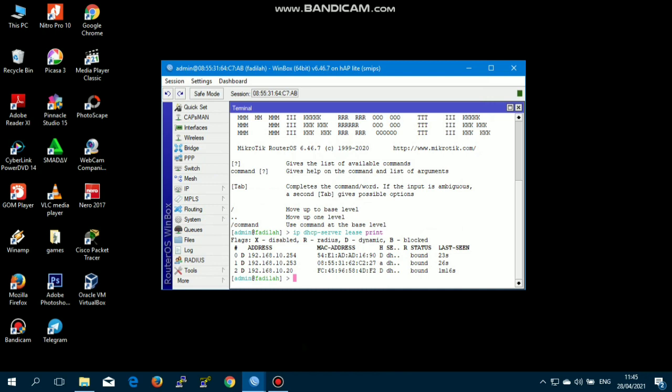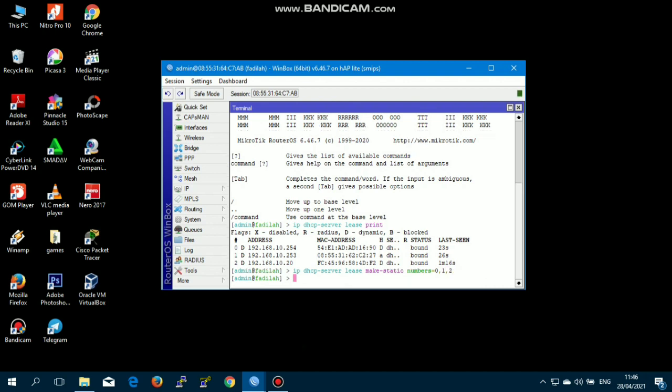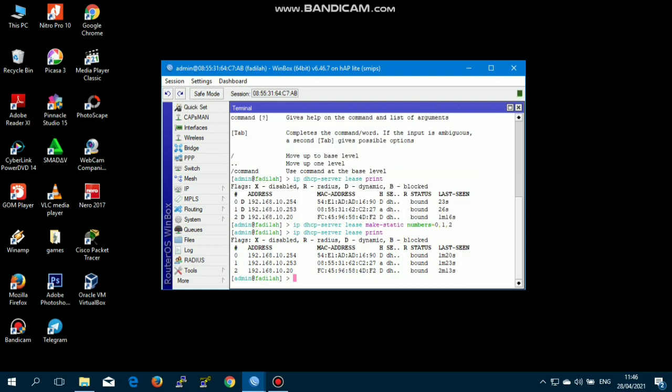Then we change this dynamic status to static by removing the D sign using the command IP DHCP server lease make static numbers 0, 1, and 2. Then we check the status has been lost with the command IP DHCP server lease print. We can see here that it's no longer dynamic status.